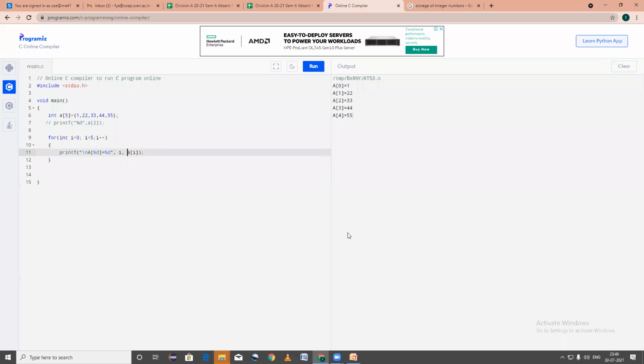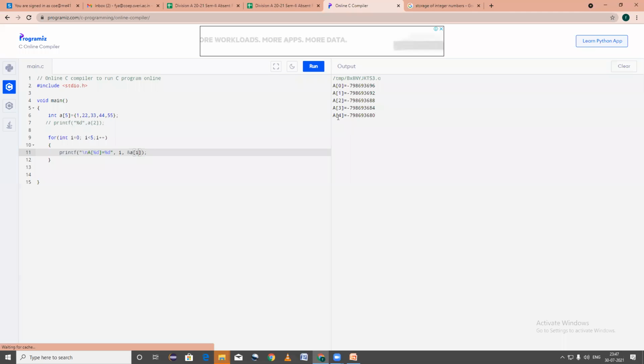Now here I will check the sequence of the numbers. If I write ampersand here, it will show me the address location of the current a of i. At first, it will go for index 0. The index 0 is at what location? Now check here, a of 4.